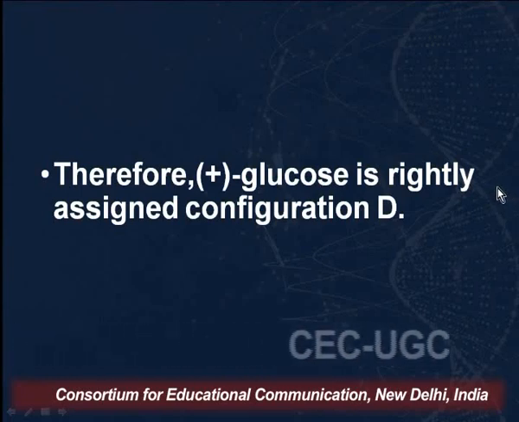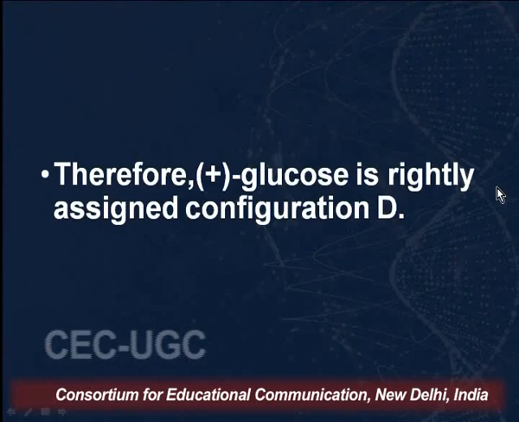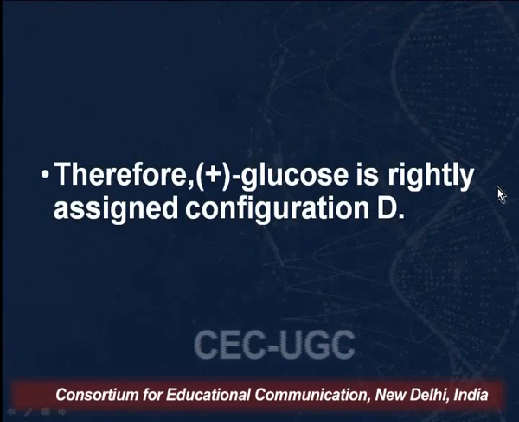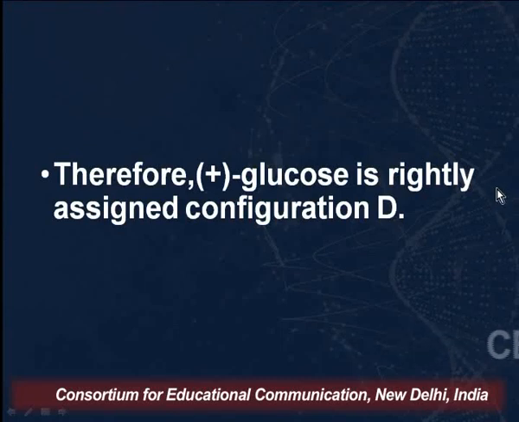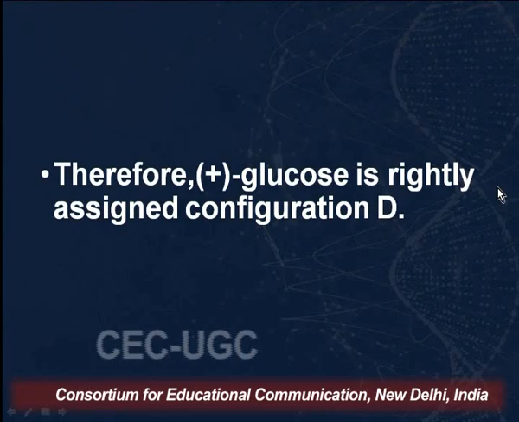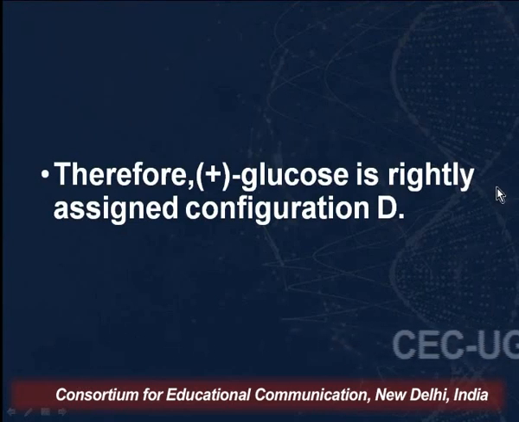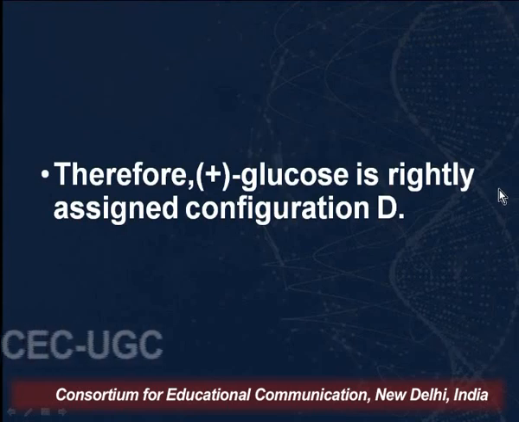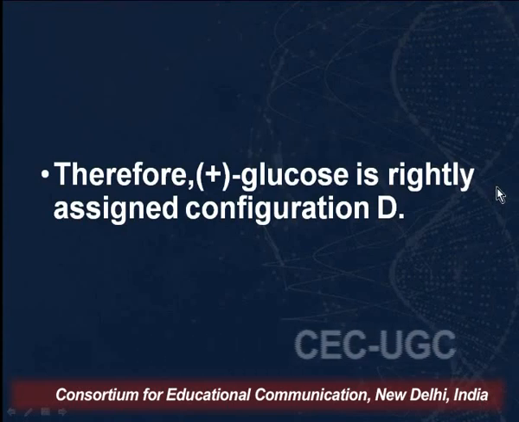So to D-glyceraldehyde, or to positive glyceraldehyde, which was dextrorotatory, he assigned configuration D. And now since it has been established, by taking the example of glyceraldehyde, that when we are talking of capital D, that is the older configuration, it means the same thing in the new system, which is the RS system, which is the CIP system. So capital D and capital R are meaning the same thing.